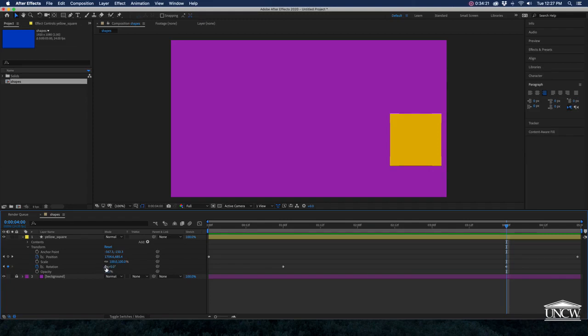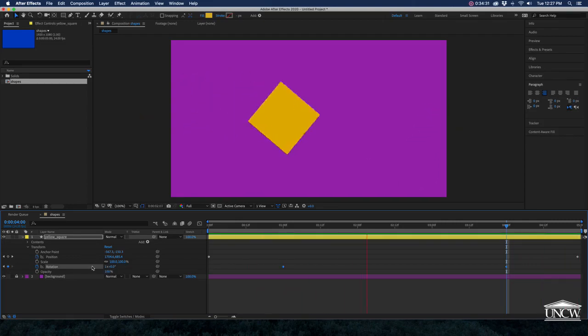So that basically refers to how many times, right? So 0 times. If I typed in 1, I would get 1 full clockwise rotation, 1 360-degree clockwise rotation. If I type in minus 1